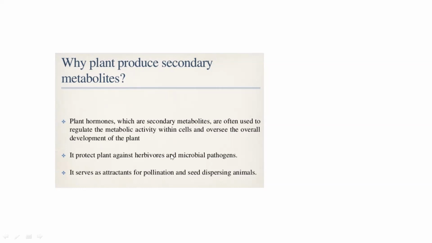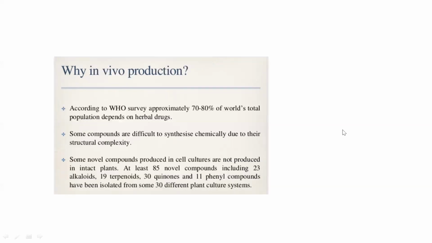Some plants also produce phytoalexins, defense material. Some, like phenolic substances, help them against microbial infection. These phenolic substances may not be useful to the plant, but they prevent the plant from getting diseased. It also helps in pollination. Certain secondary metabolites are released outside and attract pollinators and seed dispersing agents. So there are some benefits; may not be directly benefiting the plant, but indirectly it is beneficial.